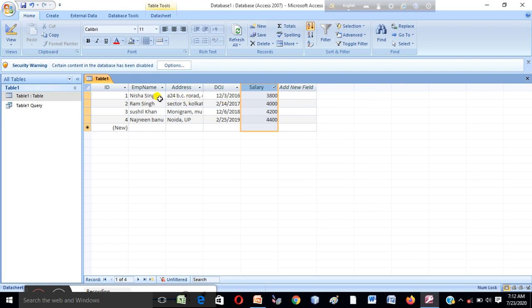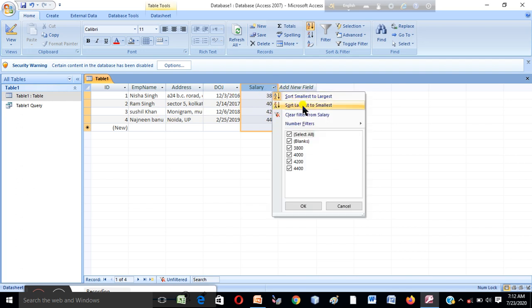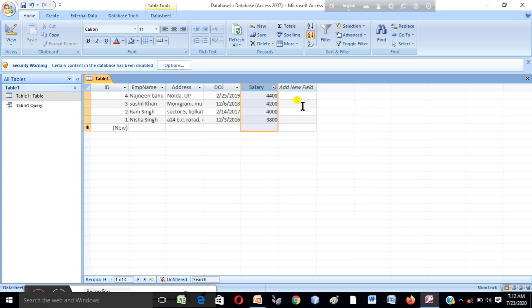First Nisha Singh, Ram Singh, Susil, and like this. If you click on largest to smallest, look how the data has changed. The names have already changed, so all the fields will change.